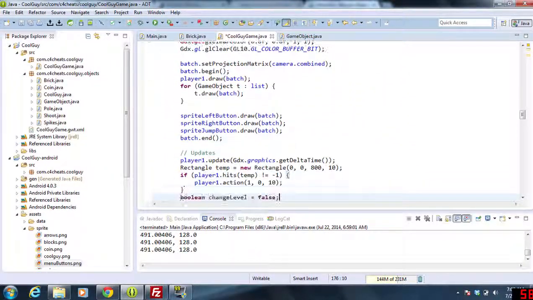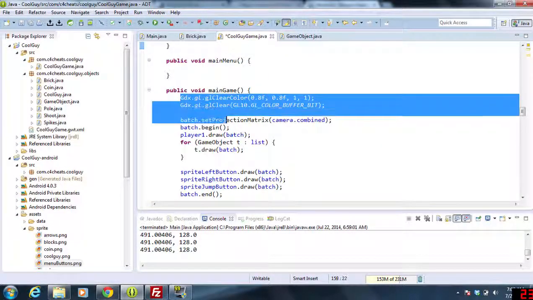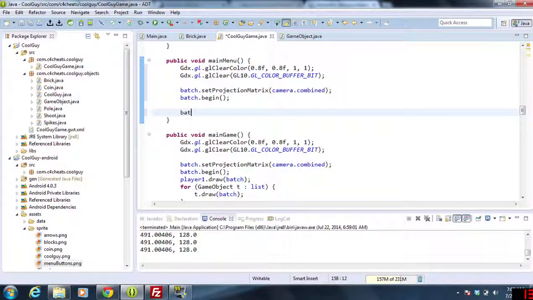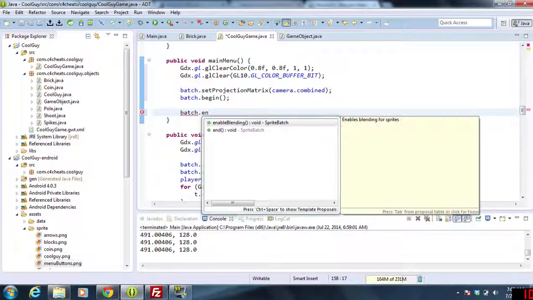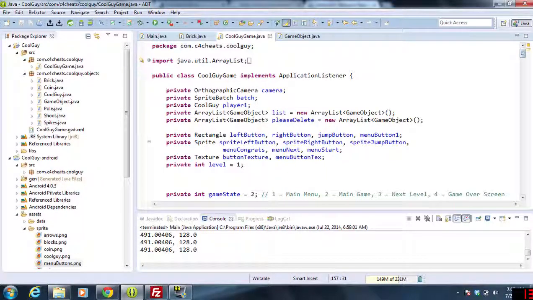Now the very first thing I'm going to do is come up here and steal some of this batch stuff and put it in main menu. I'm going to have batch.end. And in this one I'm going to make it a complete white background, so it's a completely different background than what we had before. And we are going to do menu start dot draw on batch. So if I run this, I have to change the game state to 1. Now if I run this,